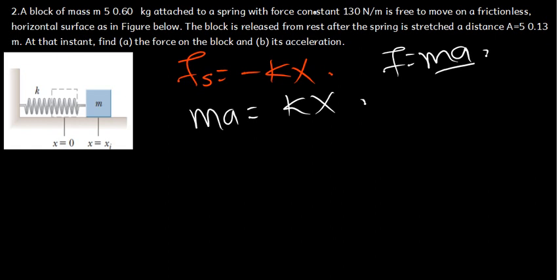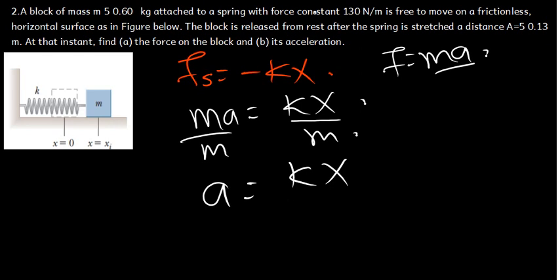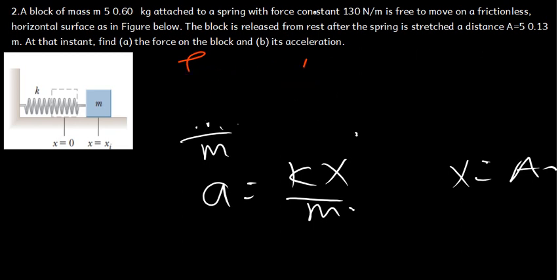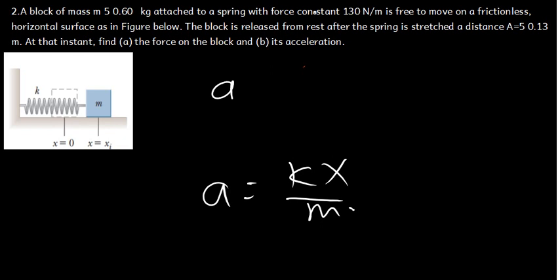And then we want to find the value of a. So we divide by m, and a is going to be equal to kx over m. Now what we need to understand is that when you reach the maximum position, x is equal to A. So I'm going to replace x with A. When I talk of the maximum, it means we have reached the maximum position. So the maximum acceleration is going to be equal to k